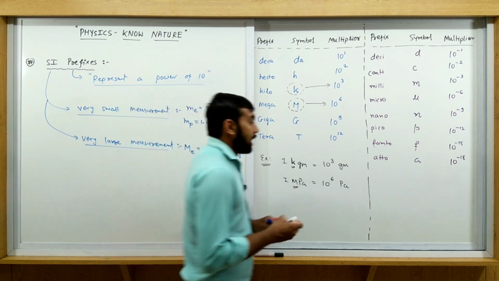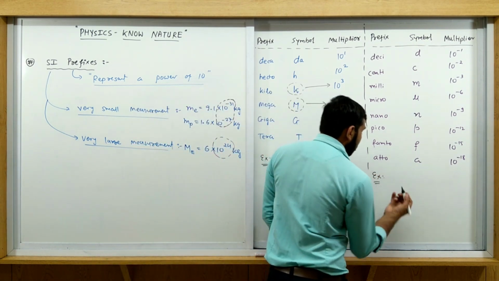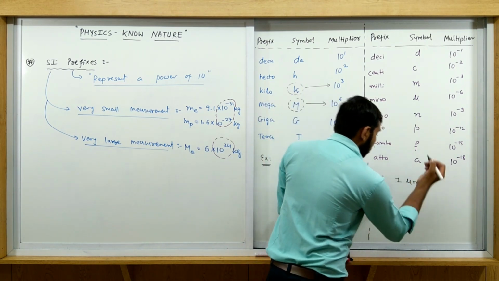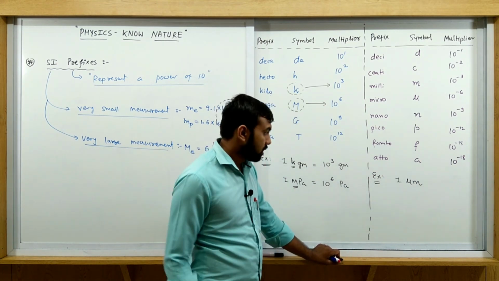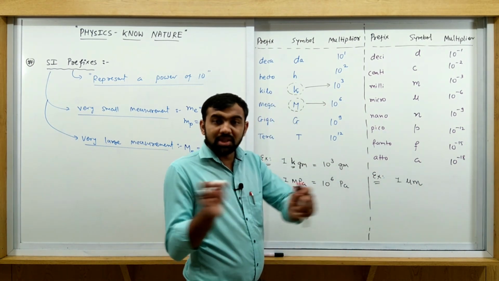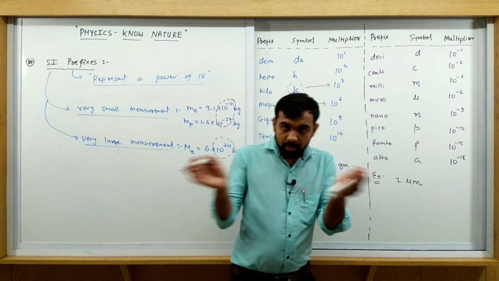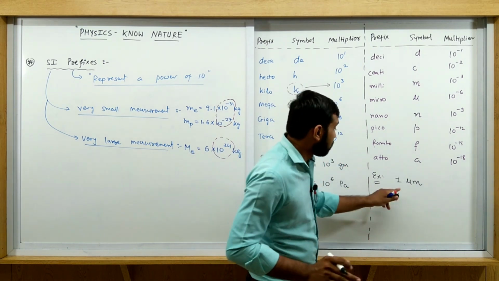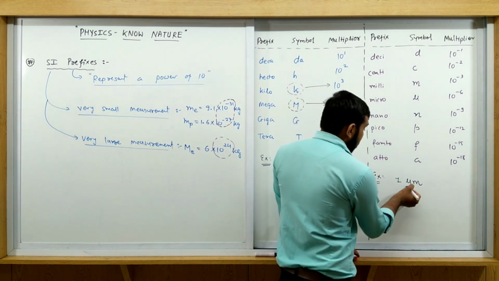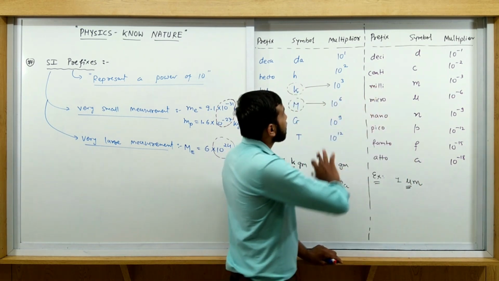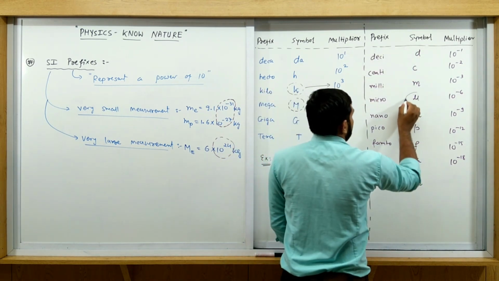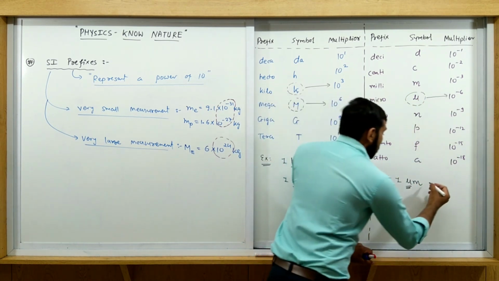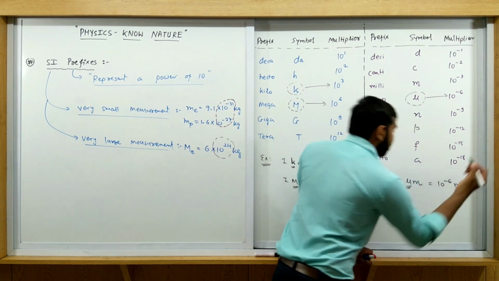Now how do we use this? Let us discuss some examples for more understanding. If the measurement is given like this, 1 micrometer. This is a measurement of length. Meter means a measurement of length, as we discussed in SI units. The SI unit of length is meter. So 1 micrometer. Micro is the prefix. Where is the micro? See, you replace this micro by 10 raised to minus 6. So it is equal to 10 raised to minus 6 meter.